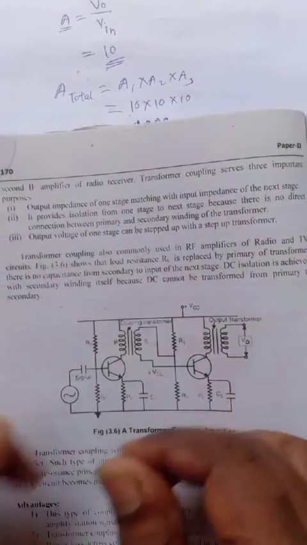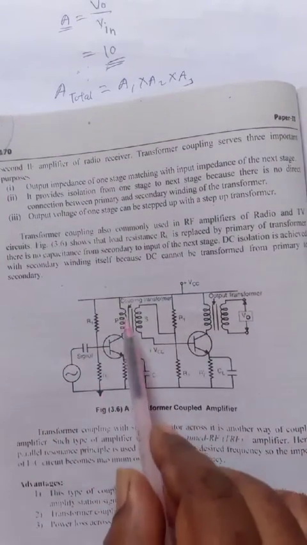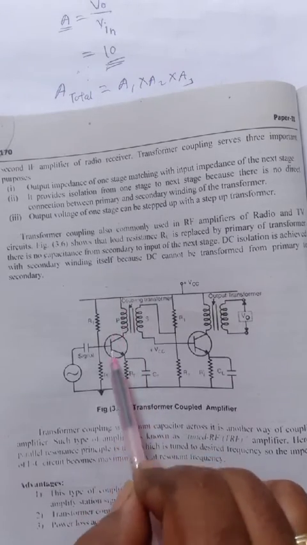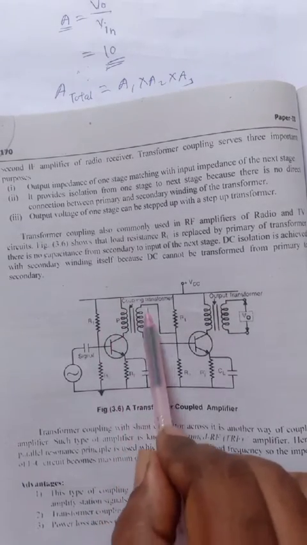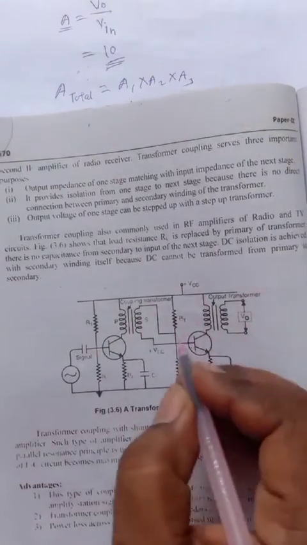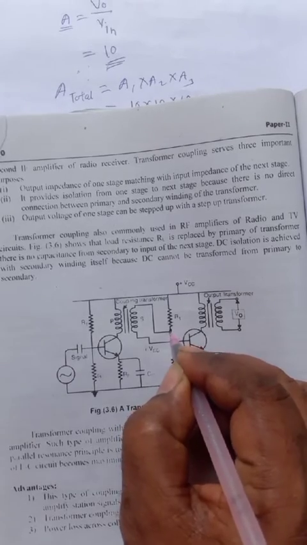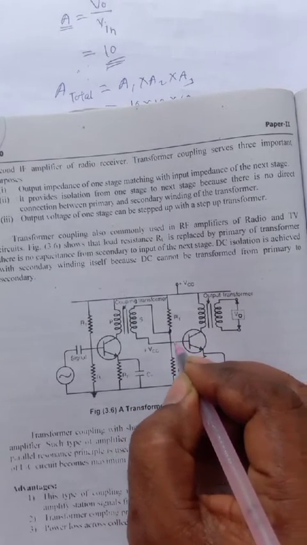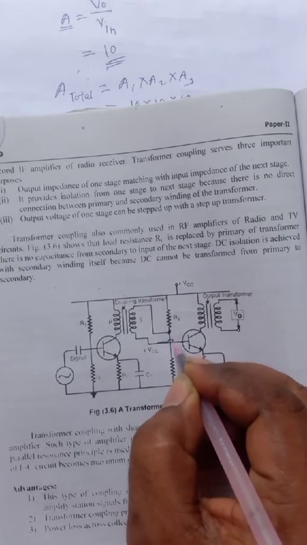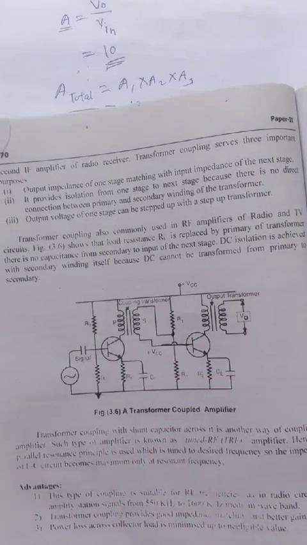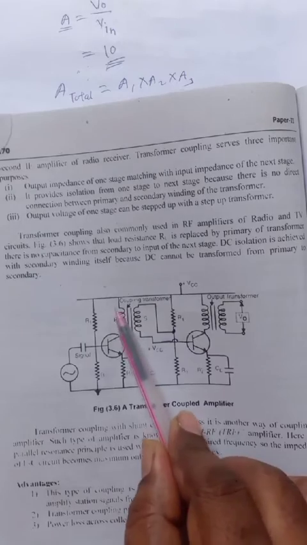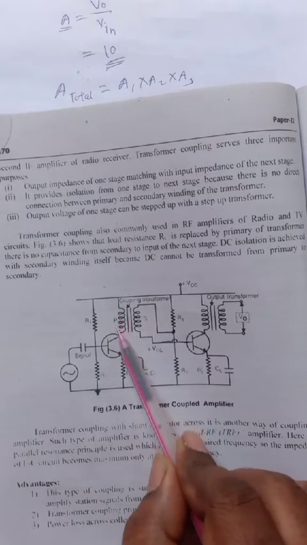So here is the simple circuit, in between which the two transformer is used. The primary is connected to the collector circuit of the first amplifier, and the secondary is connected like this to the second input of the amplifier. So this is connected, and this is not connected. Here you can use jumpers like this, so it is not connected here, it is only connected at this point.